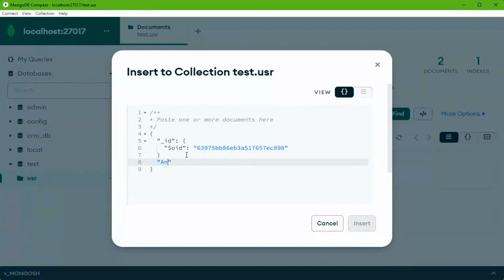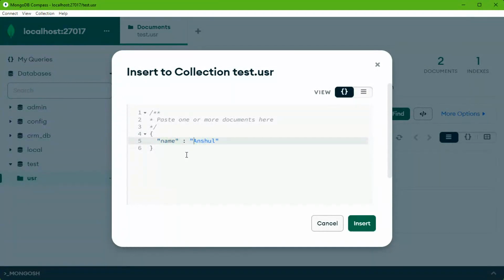ID will be auto generated, but if you don't specify it, it will not get saved. So if I remove this, Control X, let me see if it will get automatically generated. Name Anshul and age say 30.